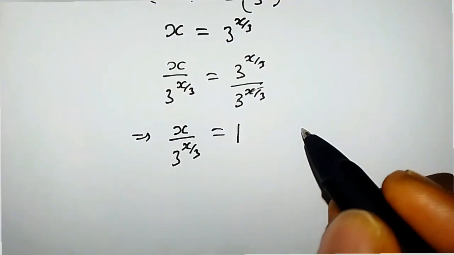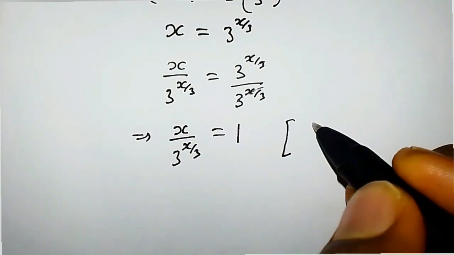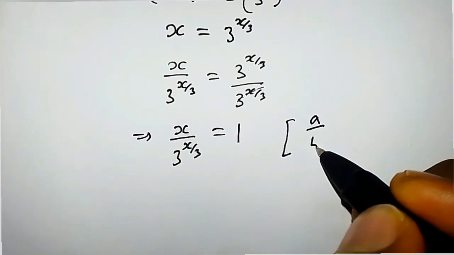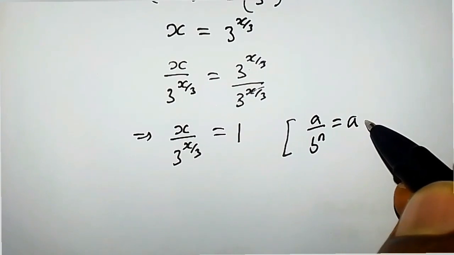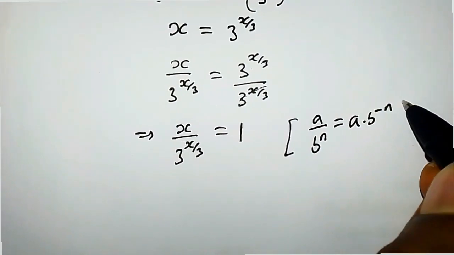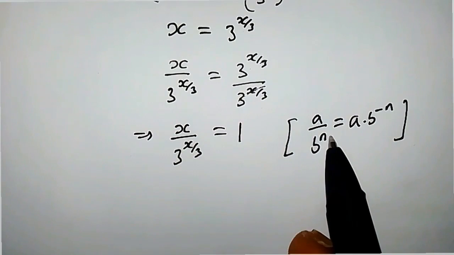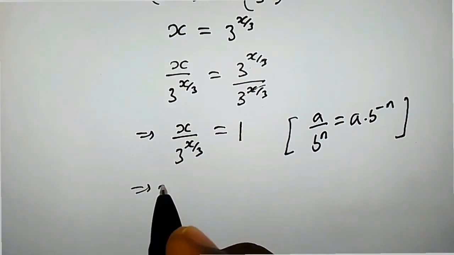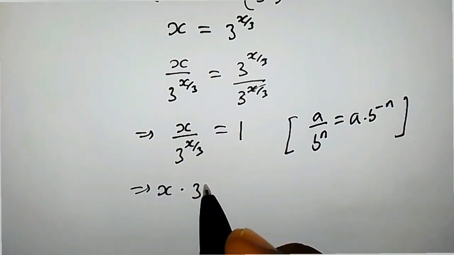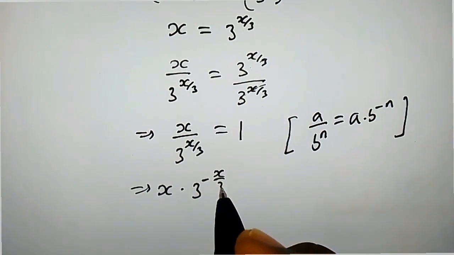Now recall that whenever we have, let's say, a over b to the power of n, this is the same thing as writing a times b to the power of minus n. That is, the denominator goes to the top. So using the same approach here, we will get x times 3 to the power of minus x over 3